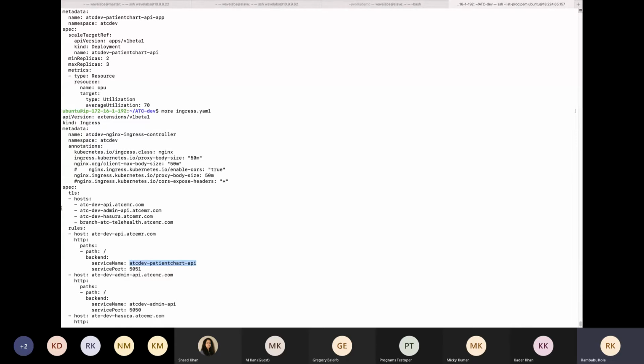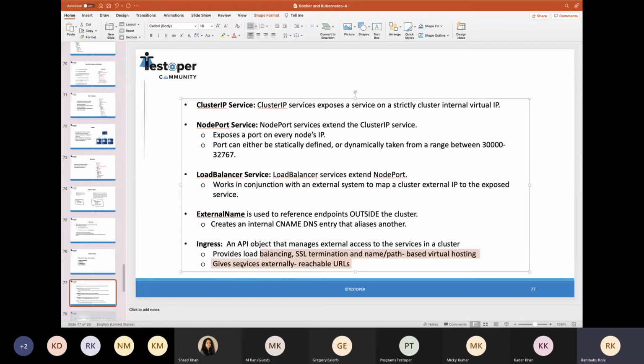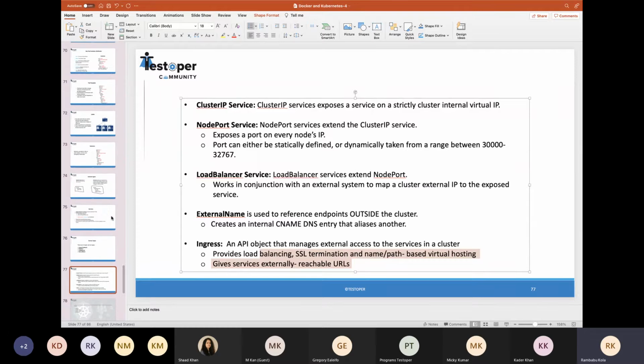Whenever a request comes to this particular host, it will verify which path it needs to go to. This path is only slash, and it needs to go to this particular service using this port. If we have any other paths, like index.html or index.php, whatever it is, we can define those paths. So we can also do the routing based on the paths.